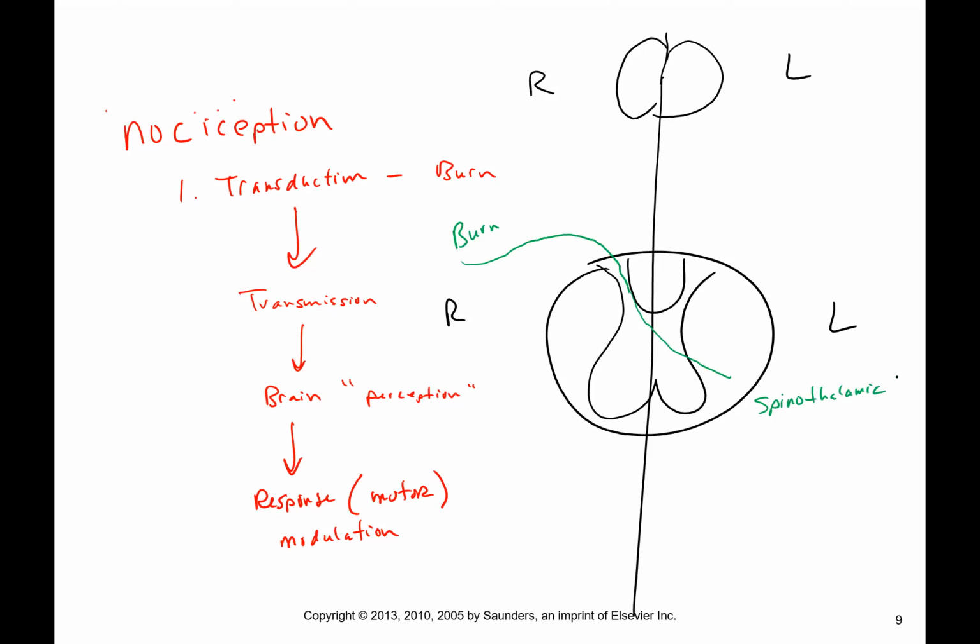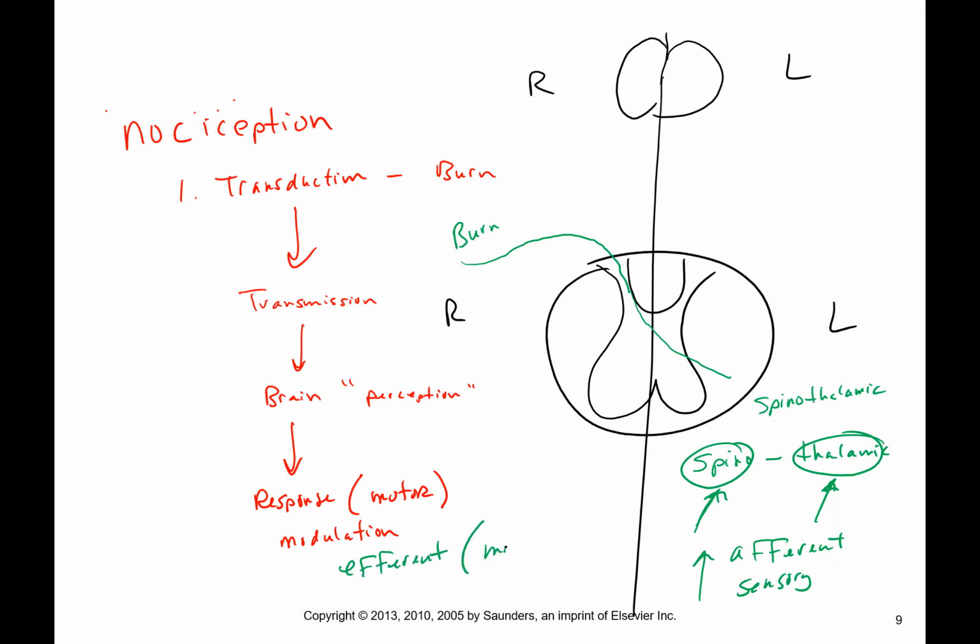To the spinothalamic tract. Okay, spino. This lets you know where it's coming from and where it's going. So this would be afferent. Spine to thalamus, body to brain. That's up, that's sensory, that's afferent. So the down part is efferent,